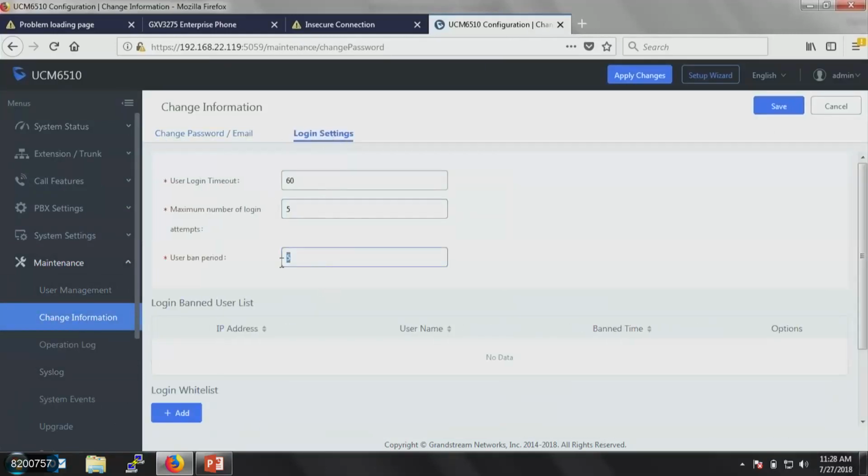So I said 5 attempts within 5 minutes. You can increase it, decrease it. For example, I would say if someone tries to log in to the UCM 3 times within 60 minutes, I will tell the UCM to ban that user for 60 minutes. And then you will see the IP address and the username that was used to log into the UCM. So it's always important to configure that one on the UCM so that when people try a brute force attack on the web access of the UCM,